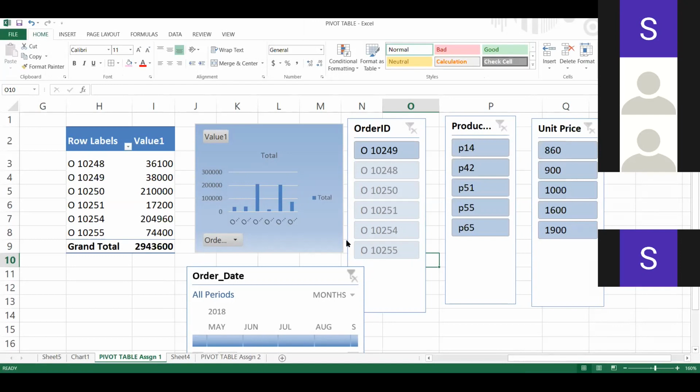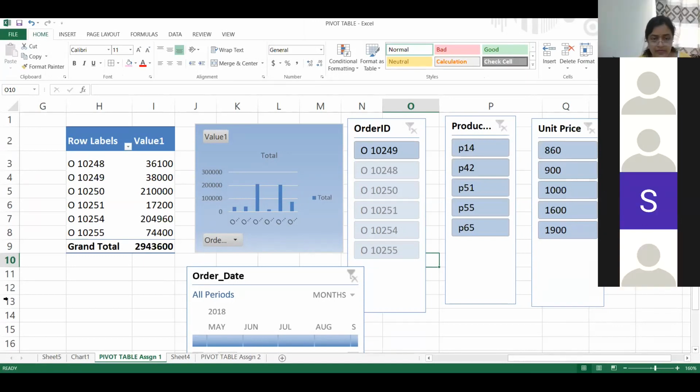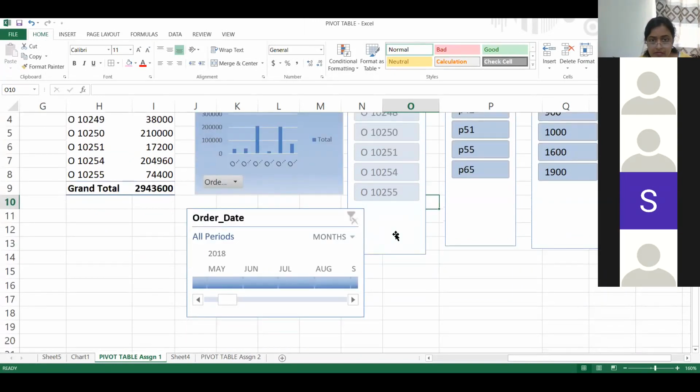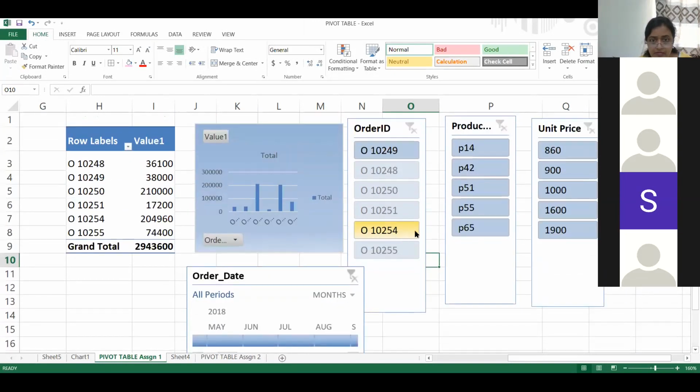Hello. Yes. Hi, ma'am. Mayur here. I just wanted to ask you one thing. There's a requirement where if the data or any of the fields has a hyperlink, we have to show the same hyperlink in the pivot table as well. So, is it possible?